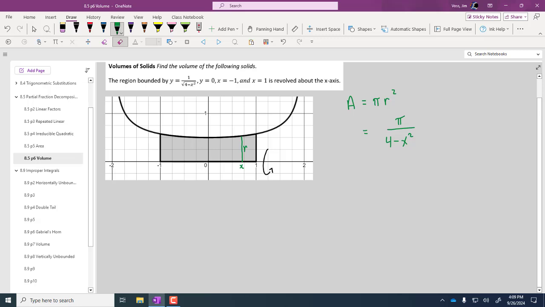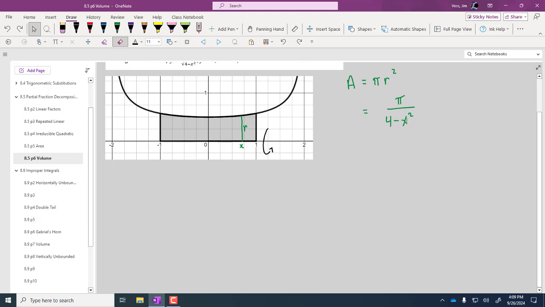Now, the volume is going to be the integral of the area. We're going to use some symmetry here. When this rotates around the x-axis, there's just as much volume to the right as to the left. So I'm going to do 2 times the integral from 0 to 1 of that area. The pi can come out in front. And I'm actually going to factor out a -1 also, so that I can write the denominator as x squared